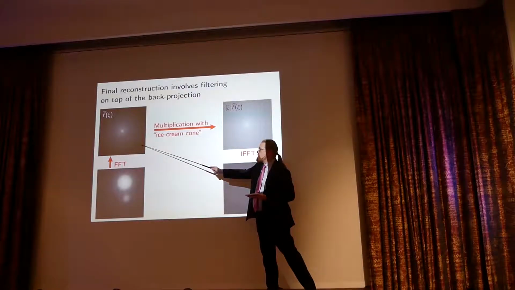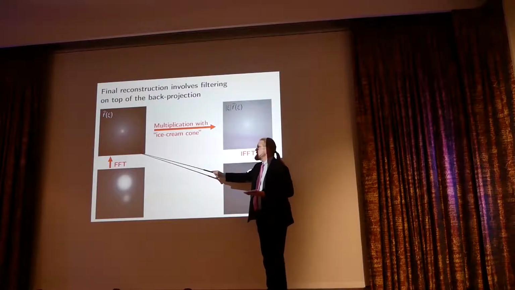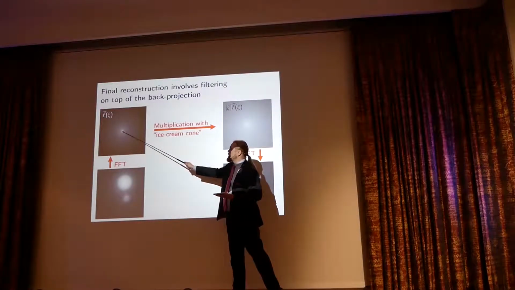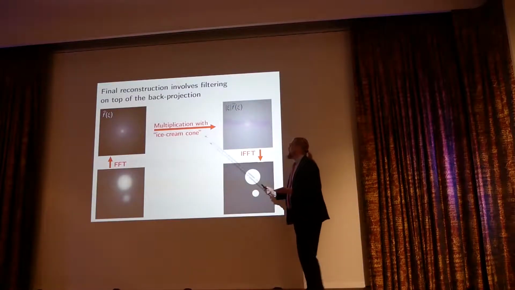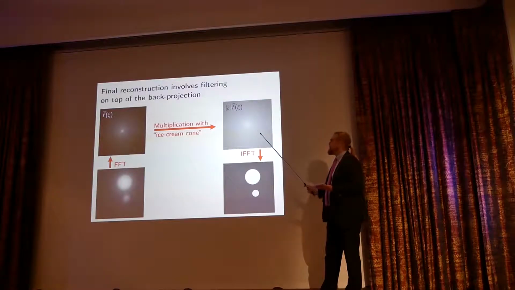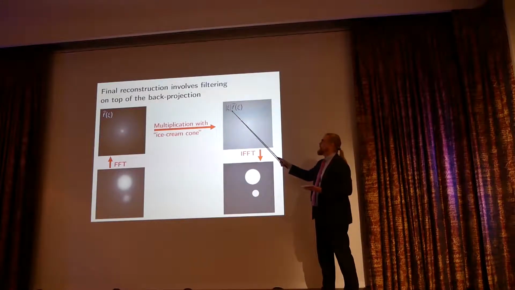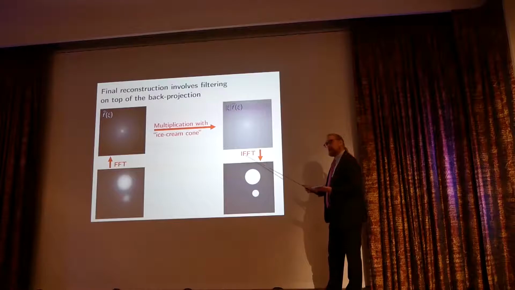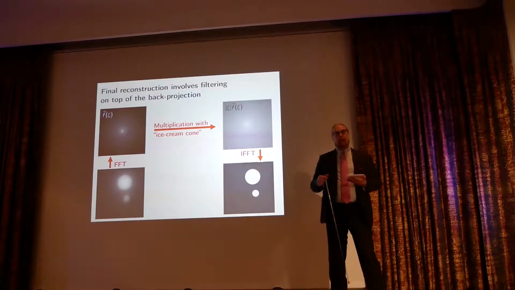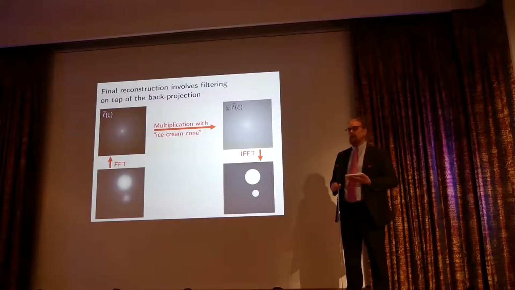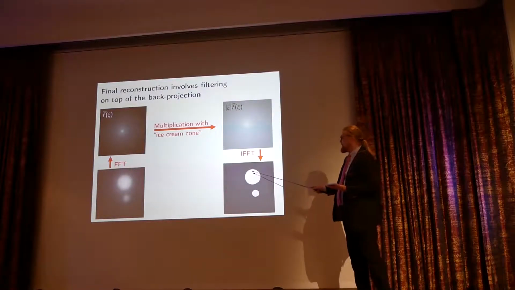In the frequency domain, which is totally unintuitive for a person, we make the high frequencies stronger, so low frequencies in the middle, and the more you go away, it's a higher frequency. We make them stronger by multiplying by this, what I call the ice cream cone, and then we make the inverse transform. There's a mathematical proof published already in 1917 by Johann Radon that we get perfectly the image back